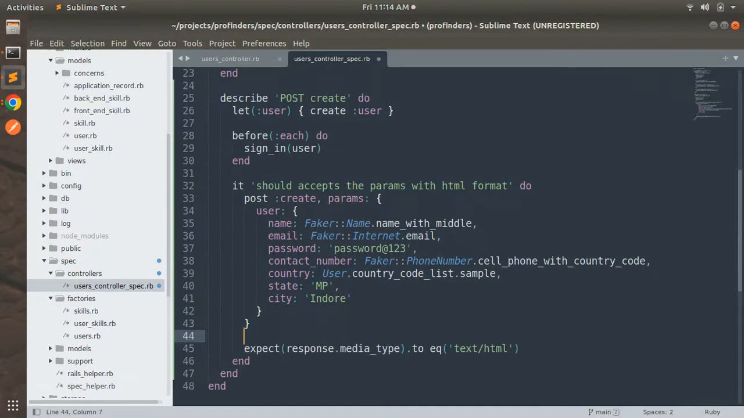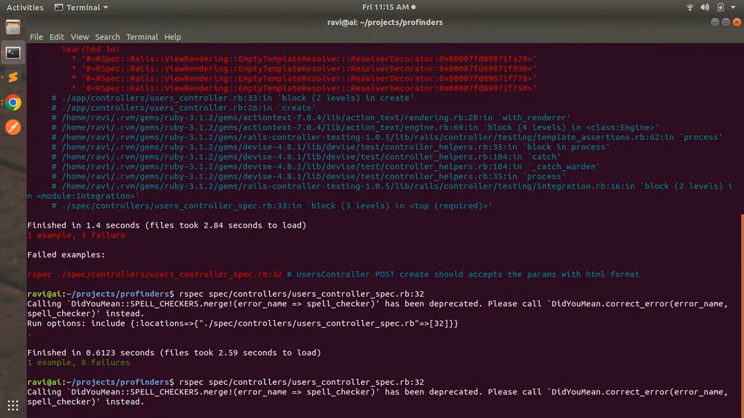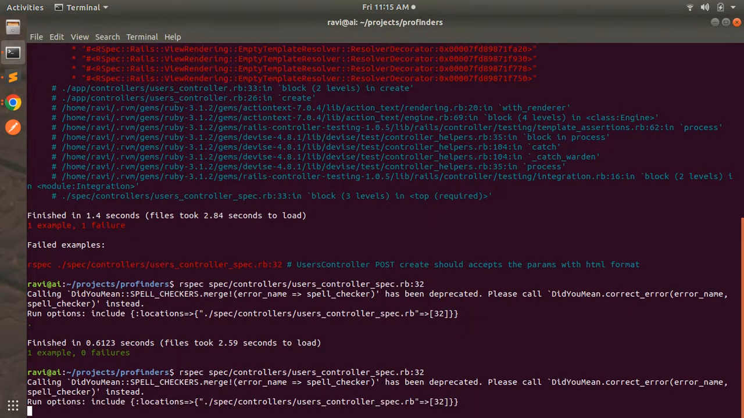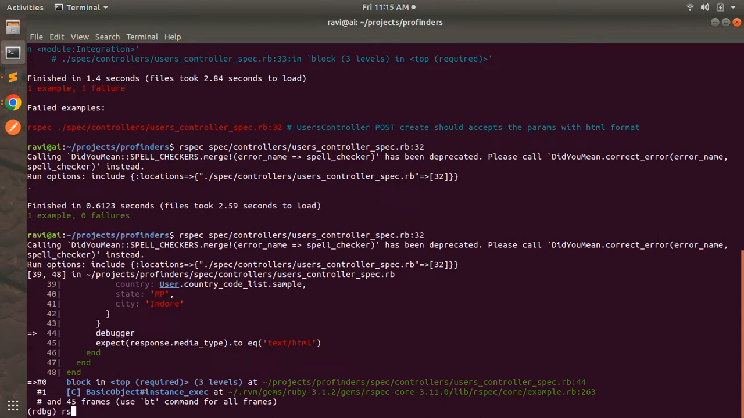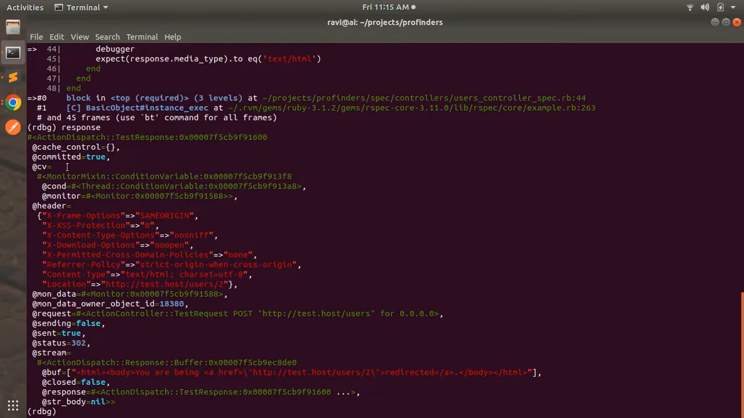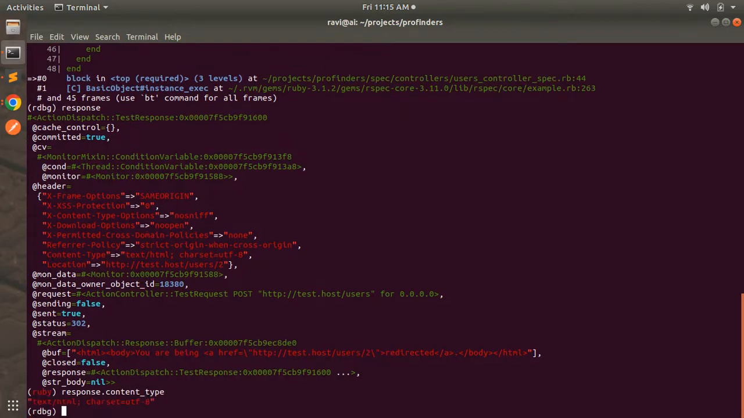Okay, now what we need to do, we just need to add the debugger here, just to check the response type. So add the debugger, and now run the same spec again, and this time it will hold the execution, and here you can check the response. So response, this is the response we are getting from this request. And now response dot content type. Okay, here you can see the content type is text HTML charset UTF-8. Okay, and if you access the media type of the response, then you will get text HTML. So media type,